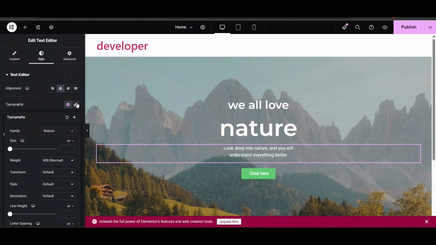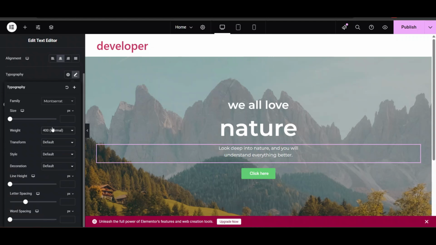Similarly, you can add font style to the text. Now go to typography and change the font family as per your need. You can see I have changed it. There are multiple options, like you can make it bold, thin, whatever you want to do. Like here you can transform the style to uppercase, normal, and adjust line height and letter spacing. You can see all the styling options you can select as per your need.